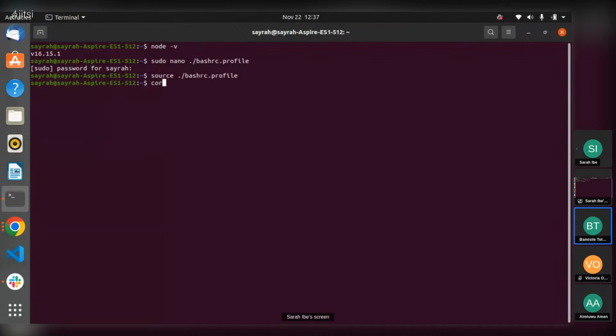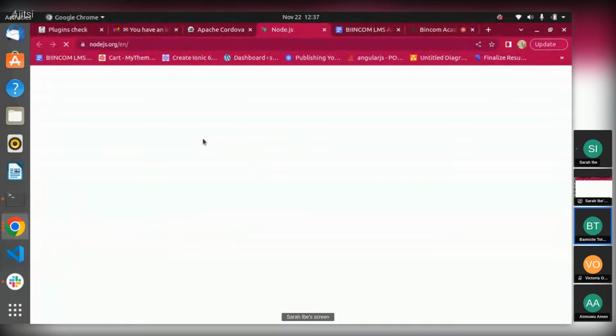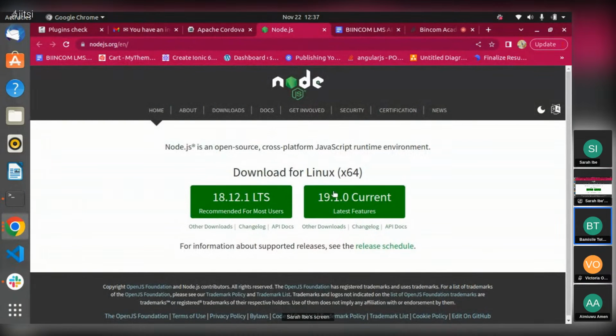This is how to check if I have Cordova on my system. Just cordova, then hyphen v. So basically, before you install Cordova, you need to install Node.js, and this is what Node.js is like. Sorry, this page is for Linux.